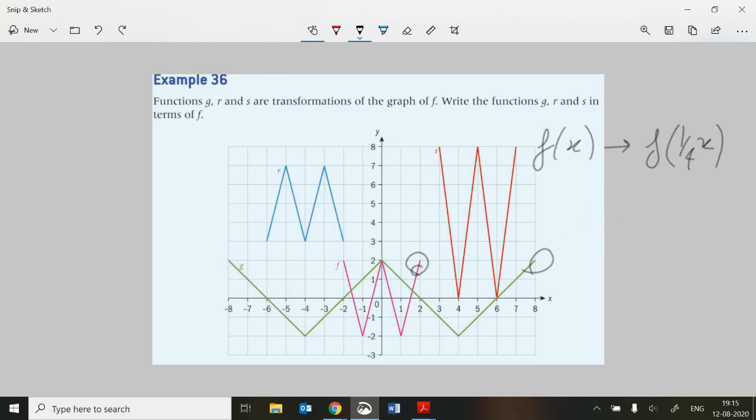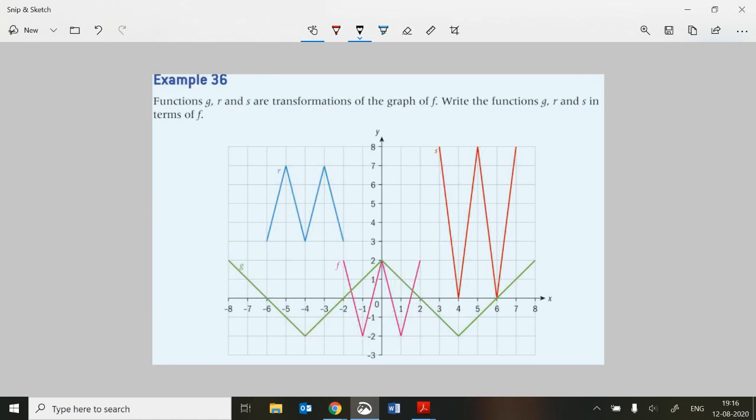Okay, so that's the first one. So to say g of x is equal to this thing here, f of quarter x. So that's done. So for r, what's r? We're saying r is, okay, so there's a couple of things which are going on for r. Let's clear everything out. So for r, we need